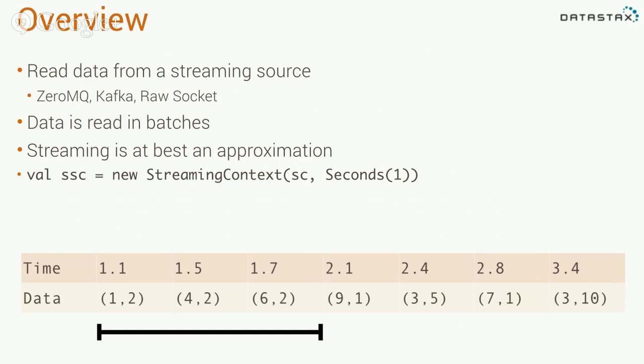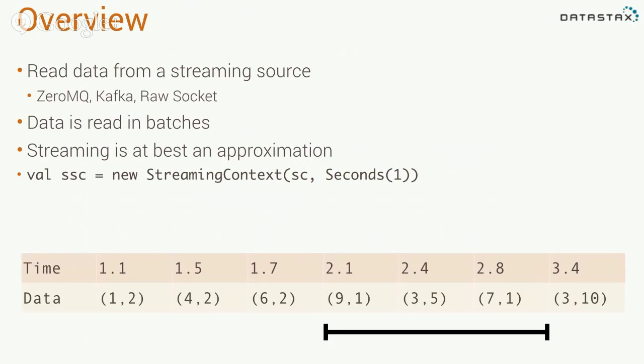So maybe I've got a 1 second batch, and here's a chunk of data that comes in. And what I'm going to get is a list of things that came in during the process of that stream. So here I'd say, oh, here's three pieces of data. What am I going to do with them? I'm going to aggregate them a certain way. I can do whatever I want with it. And then ideally, what I'm doing is saving that out into Cassandra. On my next slide, I'm going to show an example of this in action. But this batch, this window keeps sliding down, and you keep getting these micro batches of data.